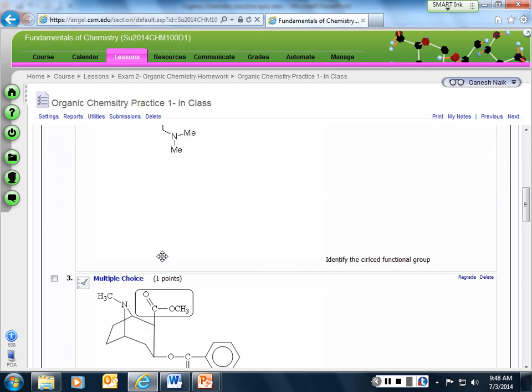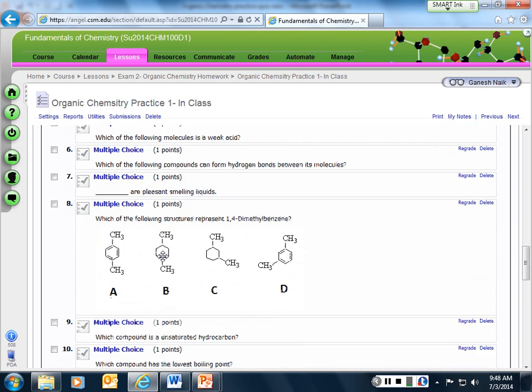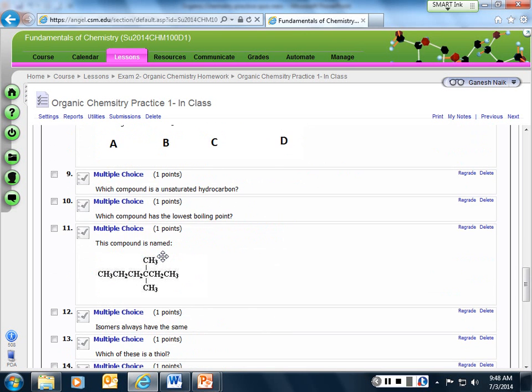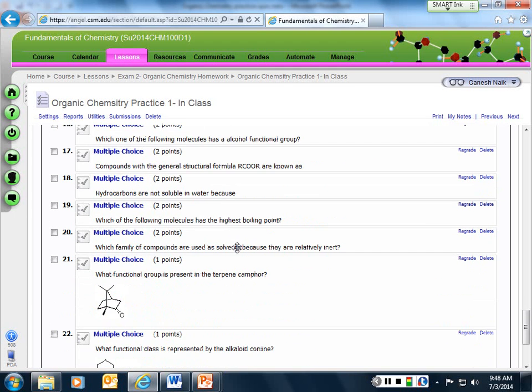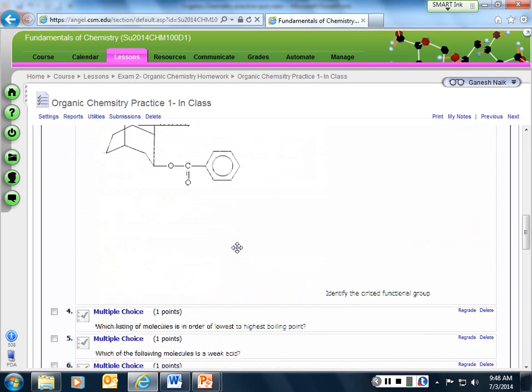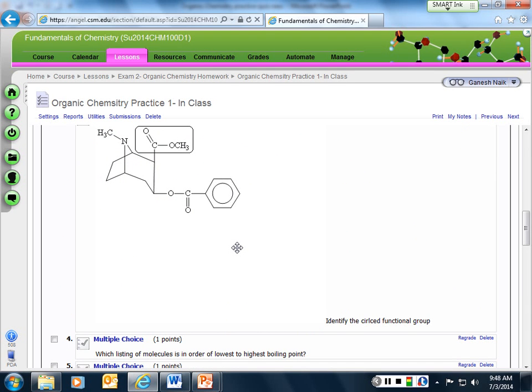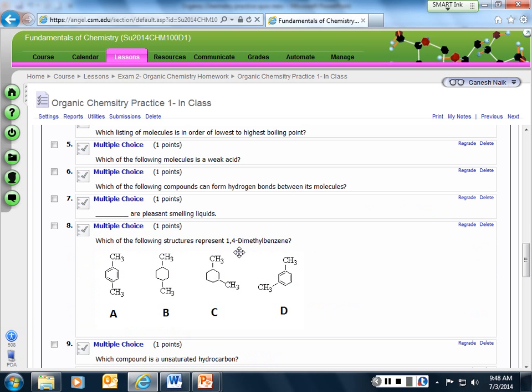Actually, the highest boiling point, weak acid, is pleasant smelling. Or do you want to do this here? Or do you want to do this at home? I'm fine with it. There's only one question which you are not able to do, that is number 5. I will explain to you. But other than that, you should know everything. Do you just want to explain number 5 now, and then that can be our homework for the moment?